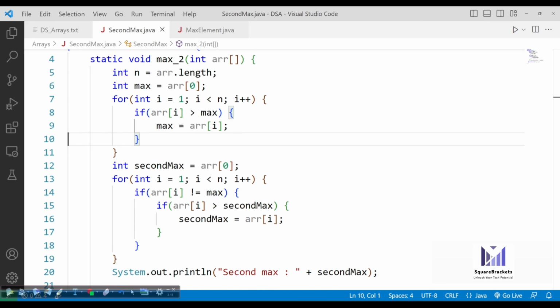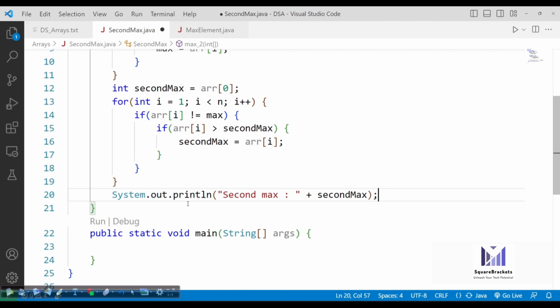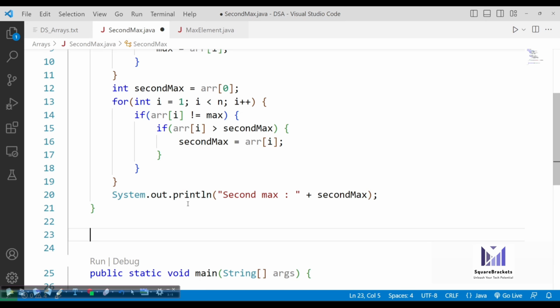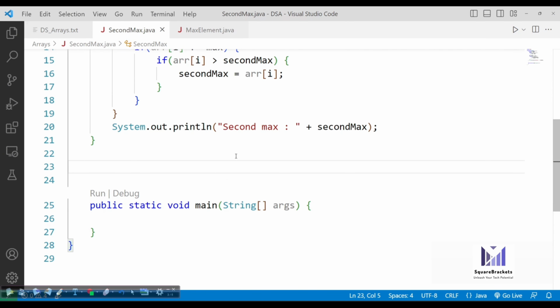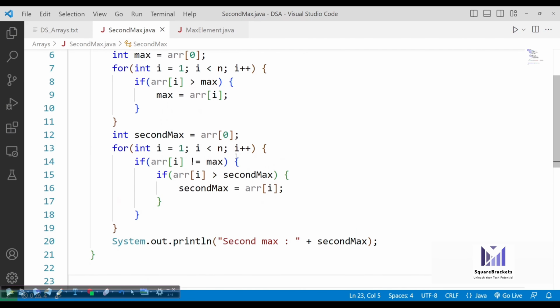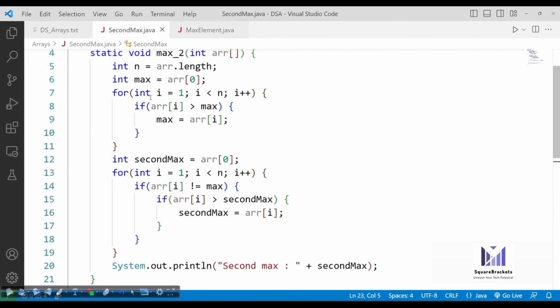Now we will think of a better approach to find out the second max element. There could be another approach where we don't have to write the loop two times. Instead of writing loops two times, the time complexity would be O(n), and the next approach we'll be writing will also take O(n) time. But I don't want to use two loops. I just want to use one single loop and then try to find out the max element. See, just combine these two loops.